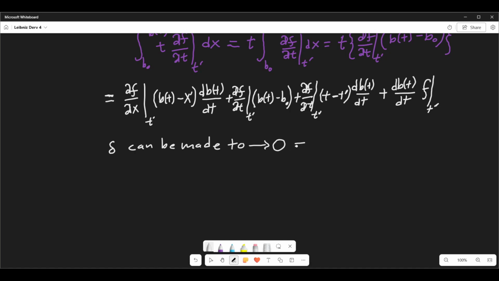And if the time difference goes to 0, then it basically forces the difference in space, which is the x difference, also to go to 0. So this implies